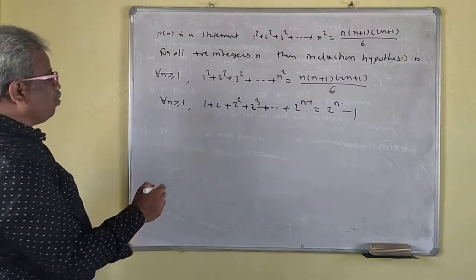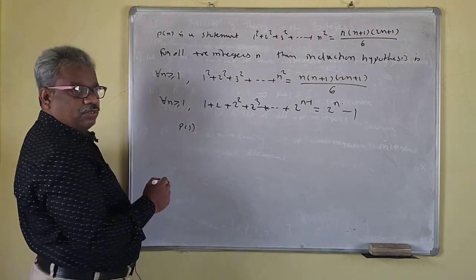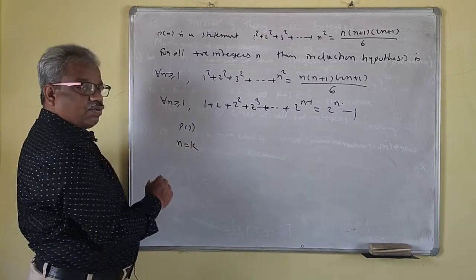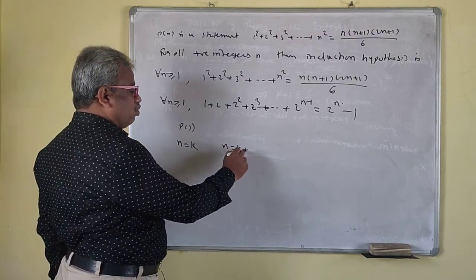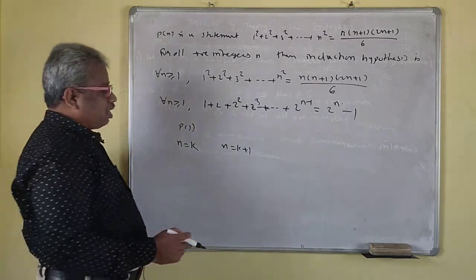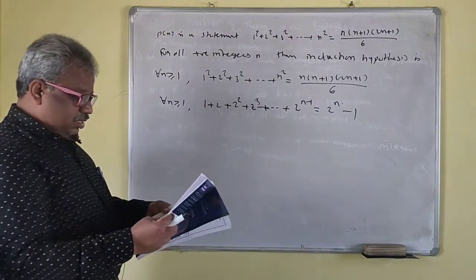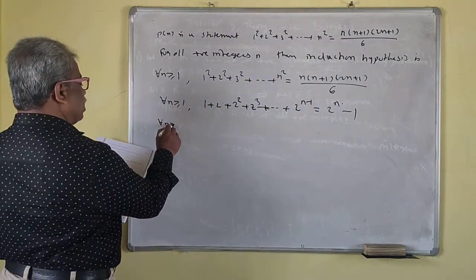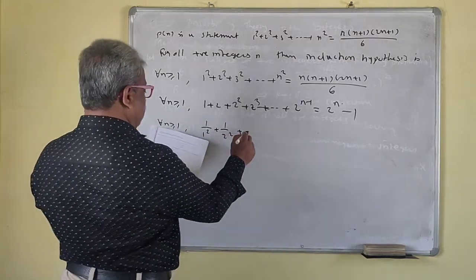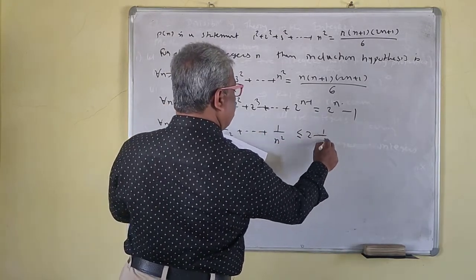Okay, so if you want to prove by induction, what do you have to do? Assume that P1 is true; we verify for n is equal to 1. If P1 is true, then verify the result for n is equal to k and prove the result is true for n is equal to k plus 1. If this happens, then we say the result is true for all natural numbers n. So this is the induction hypothesis, and we write all the induction hypotheses for all n greater than or equal to 1. You should remember this sum also, because this will be asked in the objective exam.